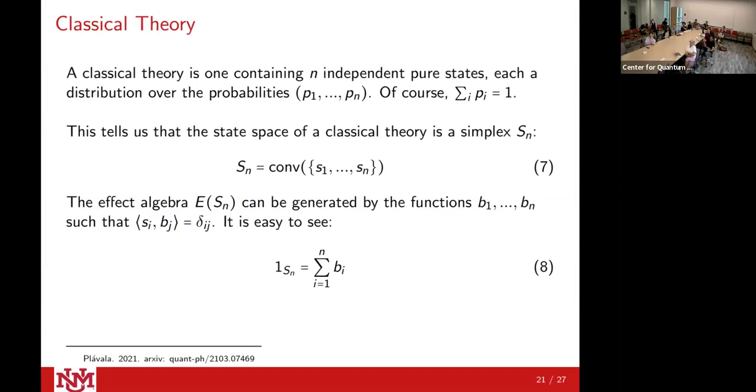All right, okay, so now we have some examples that might ground this a little bit better, make it less abstract. So classical theory is just pretty straightforwardly some list of probabilities, some n-dimensional probabilities that sum to 1. You can pretty easily convince yourself that the state space itself is a simplex. And then the effect algebra we can write as just a bunch of delta functions essentially.